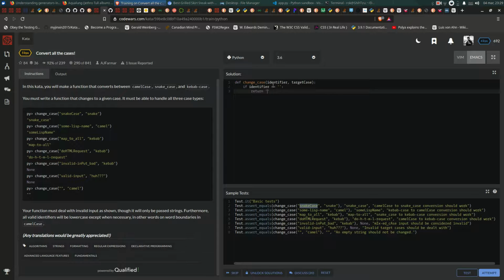Oh, you must return two inputs. No, if identifier is that, elif identifier contains, elif like,